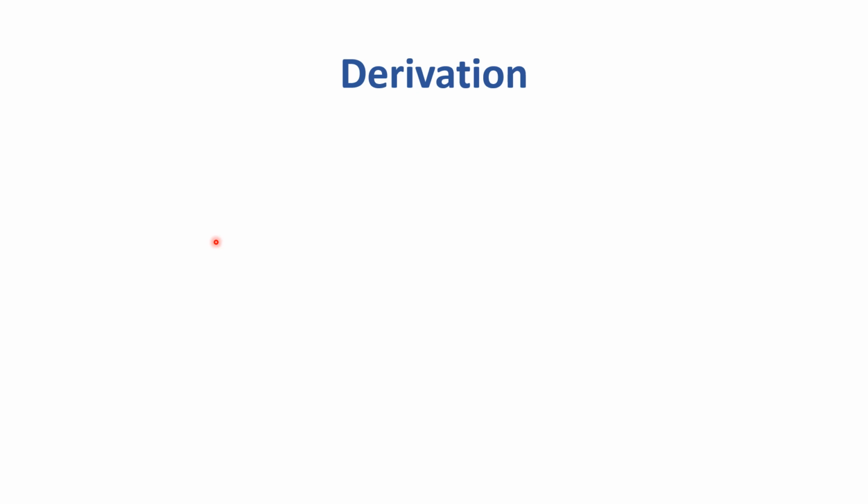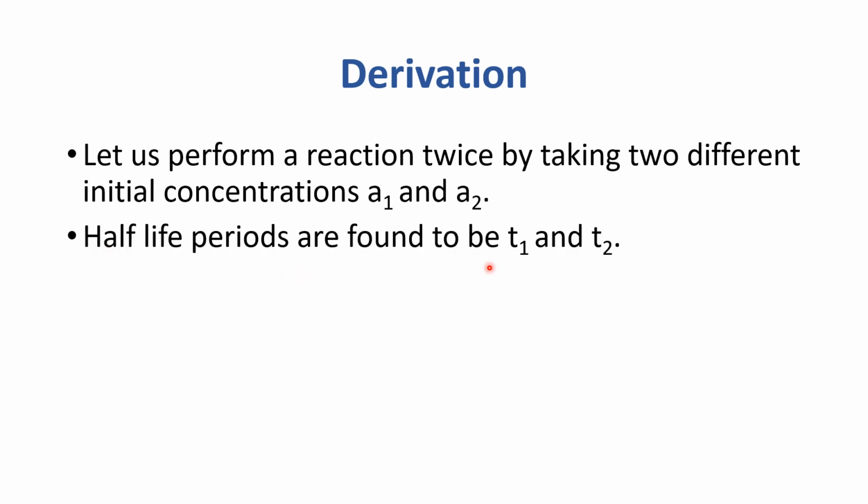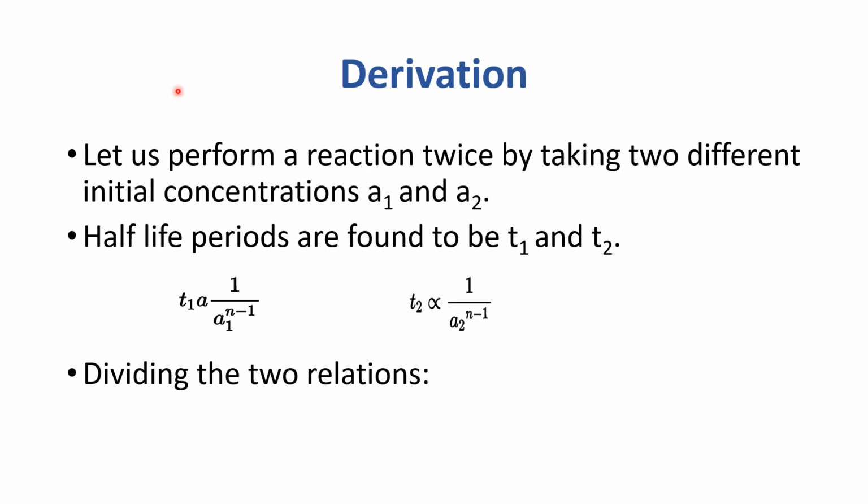Let's derive an equation for the half-life method. Let us perform a reaction twice by taking two different initial concentrations a1 and a2. Half-life periods are found to be t1 and t2. So t1 is directly proportional to 1 over a1 raised to n-1. The previous expression is repeated, just with concentration replaced by a1. And for the second, we have t2 directly proportional to 1 over a2 raised to n-1. Here the concentration is a2. Dividing the two relations we will get